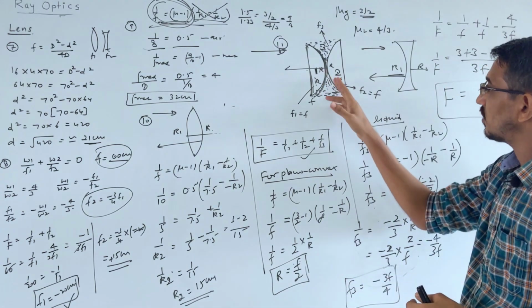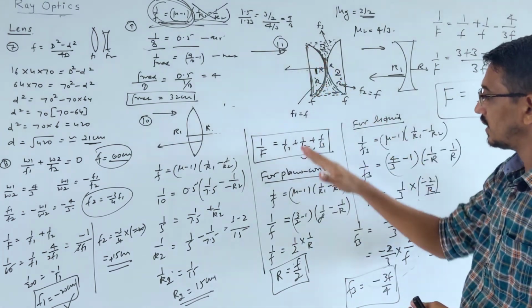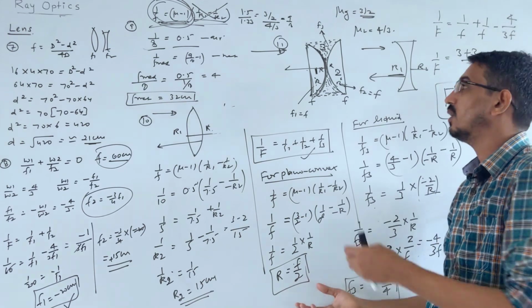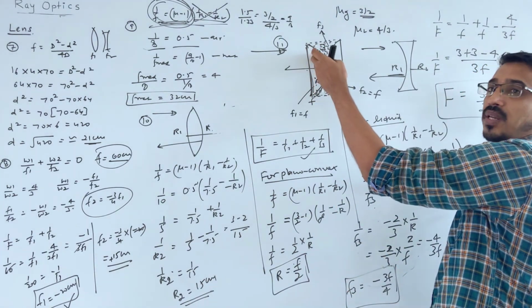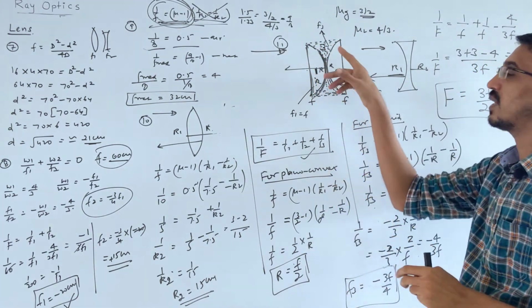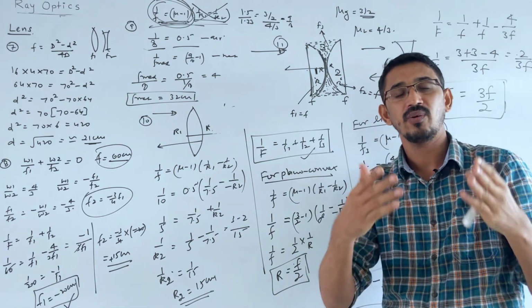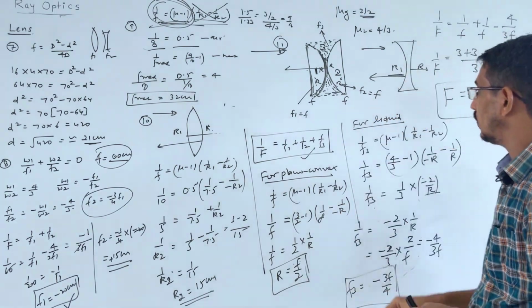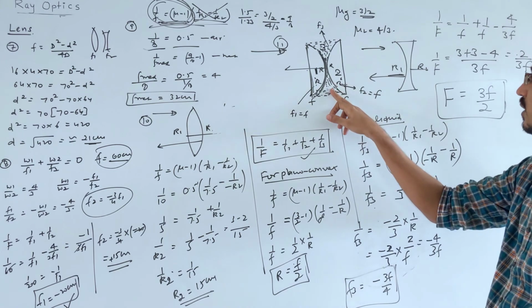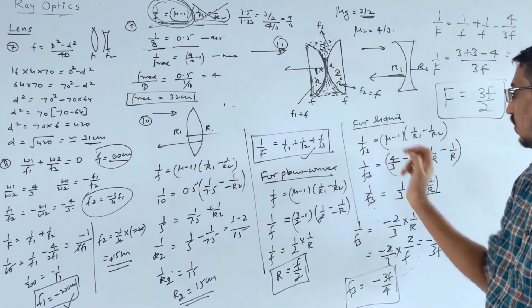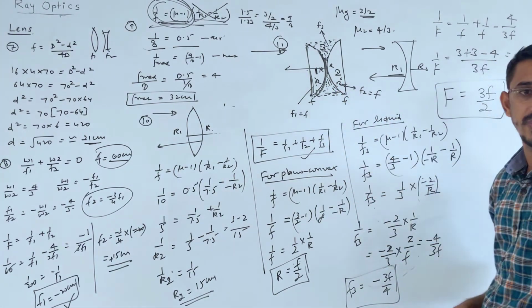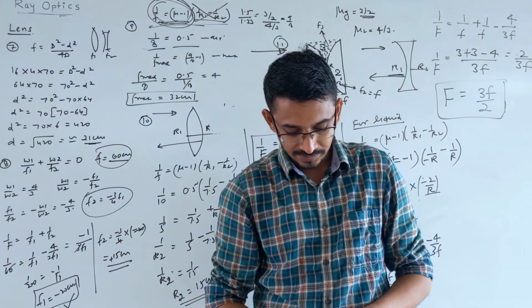So first you find the radius of curvature for the known lens. This is a known lens, the focal length you know, so you can find the radius of curvature. That curvature will be the same as that lens only, on both sides. So this liquid is like a biconcave lens, or equiconcave lens. So you write the equation for that. You calculate the focal length of this lens in terms of these two lenses. Add them by your formula. That's your net answer. Correct?